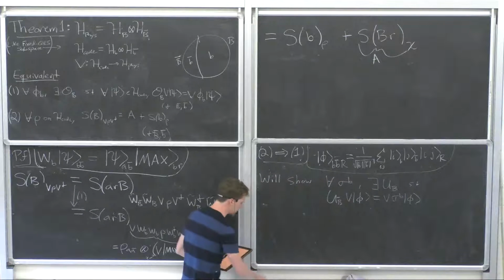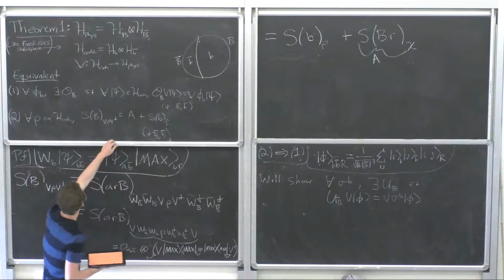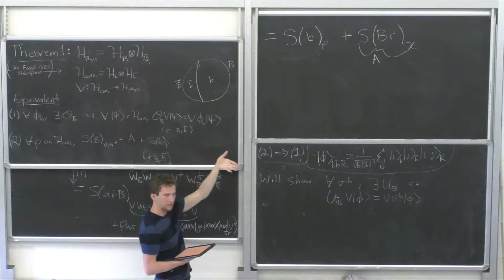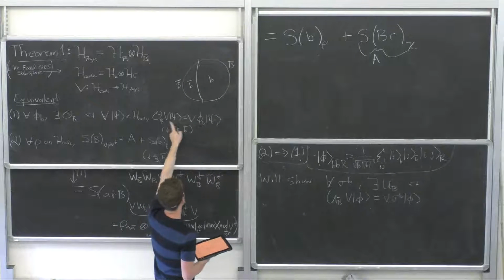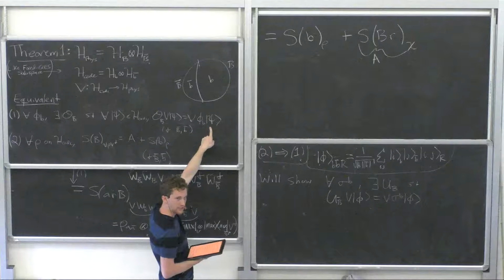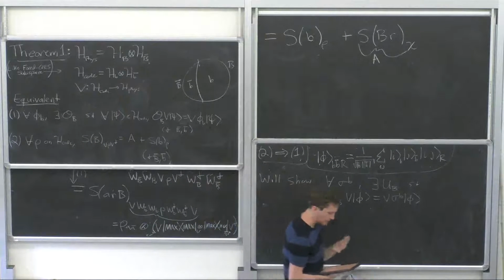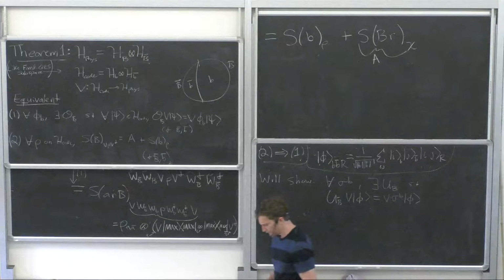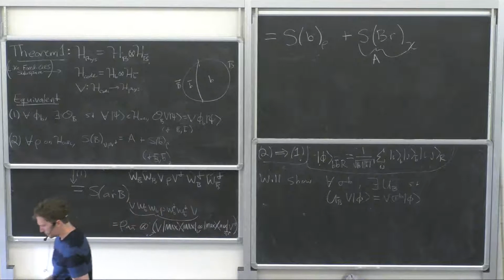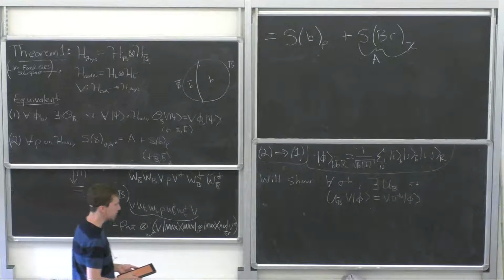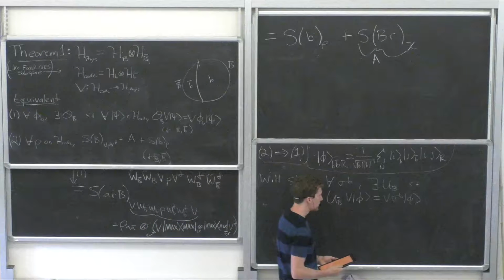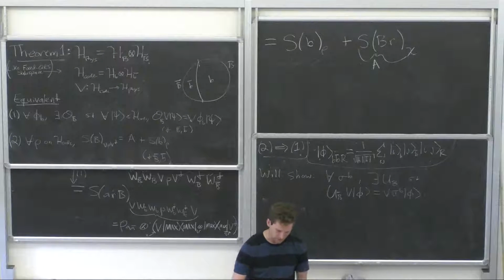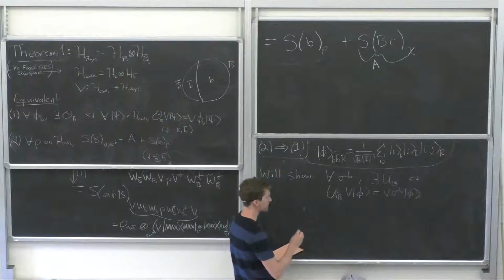Now, this seems a little weaker for 2 reasons than what we seem to want to show, which is that for all operators on little b, not just Paulis, we have a reconstruction, and it works on all states, not just this one state phi. But actually, they're the same. These statements are actually equivalent. The reason why reconstructing on phi is enough to reconstruct on all states psi is essentially because